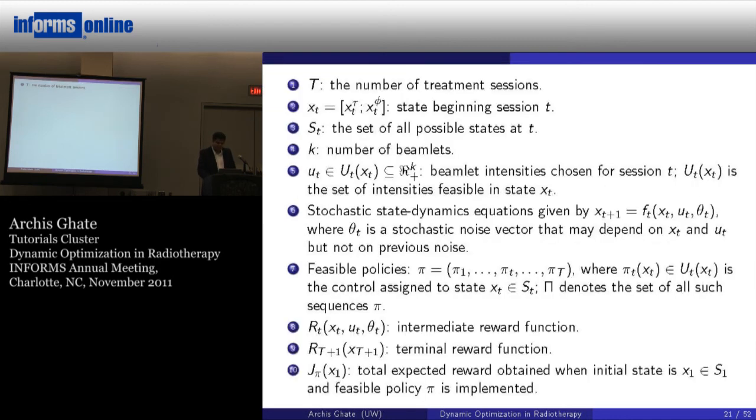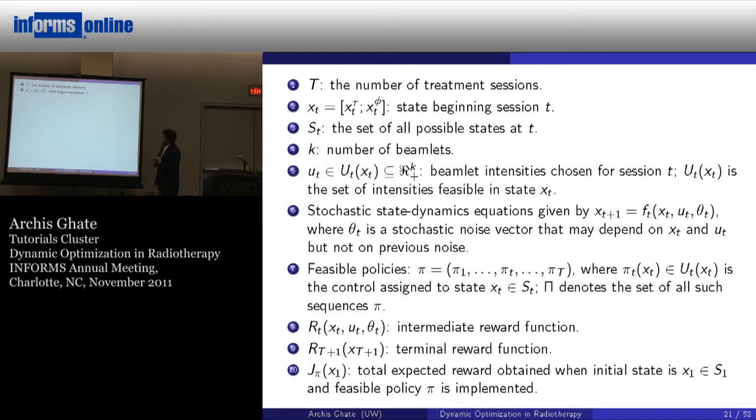So let's start getting into notation and writing down some problems or models. So T, I'm going to call that the number of treatment sessions. We actually have a follow-on paper that we are working on where we don't even fix this T beforehand, but we actually formulate an optimal stopping variation of this problem where I stop treatment when I think it is okay to stop treatment, okay? But right now I'm going to assume that I'm fixing capital T, and then I'm going